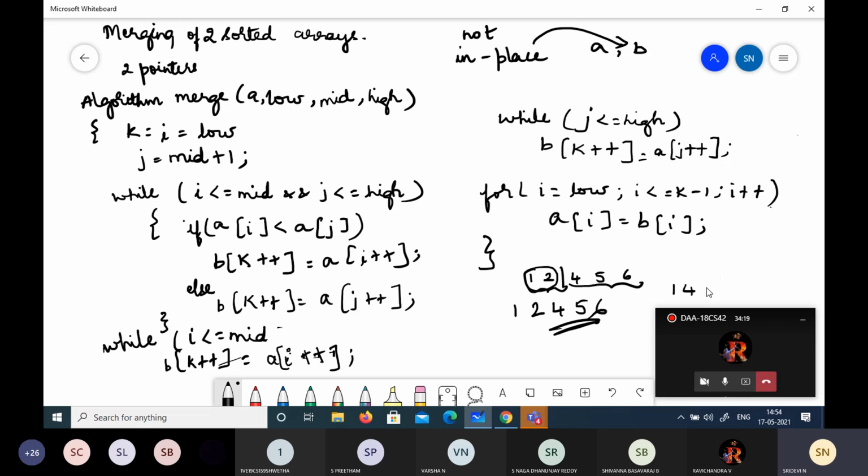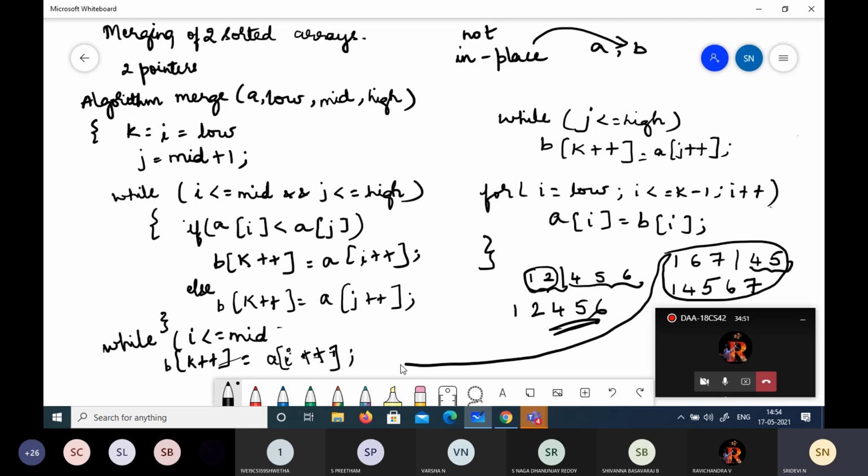Suppose we have 1, 6, 7 and this side we have 4 and 5. So we'll compare 1 and 4, 1 is smaller. Then again we compare these two, 4 is smaller, and again we compare these two, 5 is smaller. Now this array is exhausted. There are no elements here. Then we can just copy this array here, 6 to 7. This is an example for this while loop.